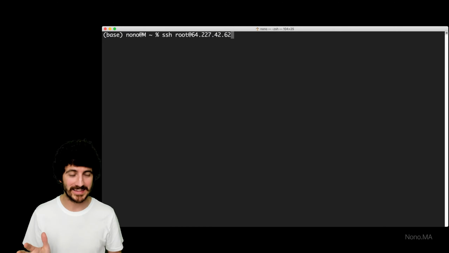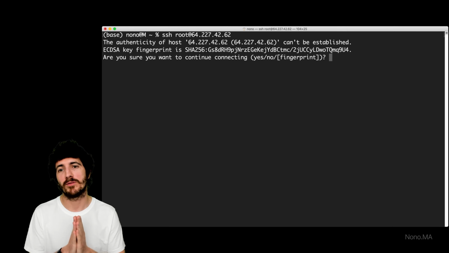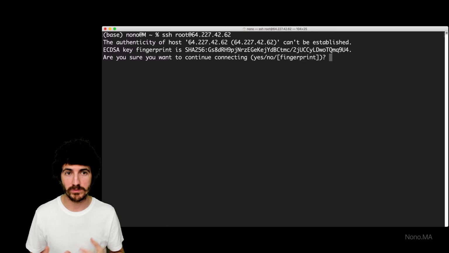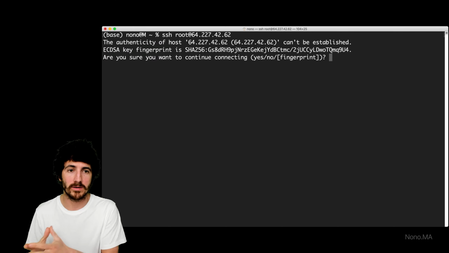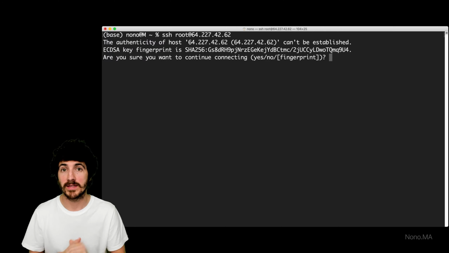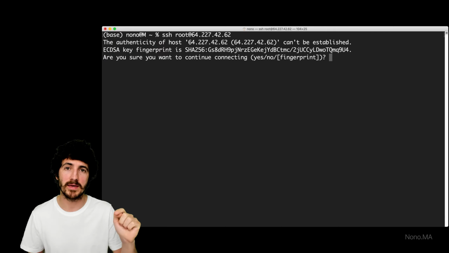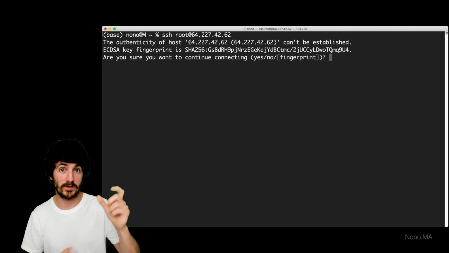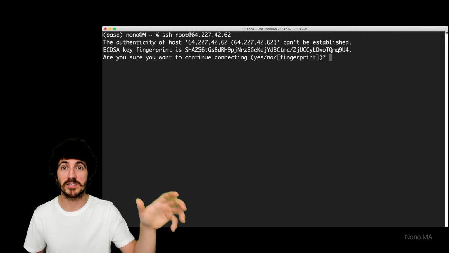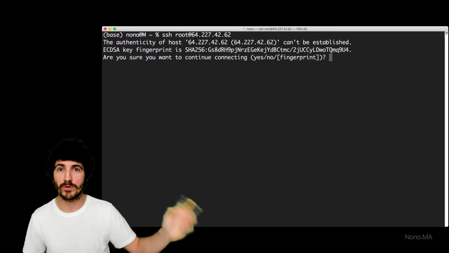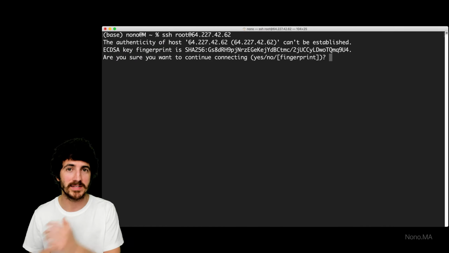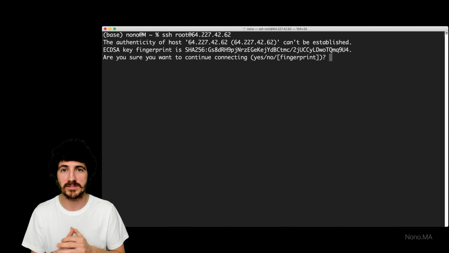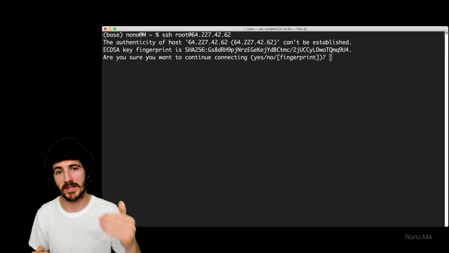If I press enter, this is going to ask me whether I verify the authenticity of this host, because we don't know the hash or fingerprint of this remote host. This is useful because if an IP gets given to another server, maybe a hacker or a different company, or if, for example, the github.com domain you're trying to SSH into resolves now to a new IP that you don't know of, that means somebody has hacked into it. This is the fingerprint. This is what the server tells you: okay, I'm the same server as last time.